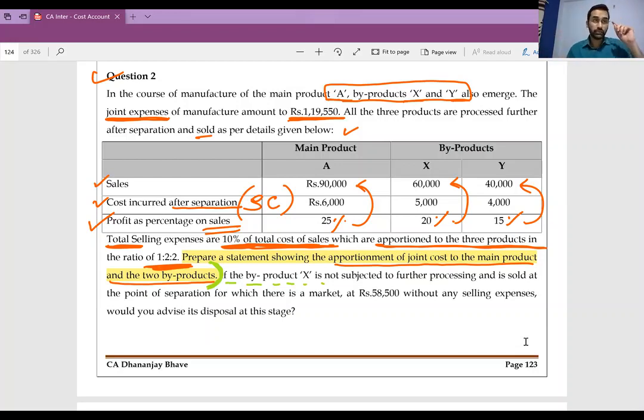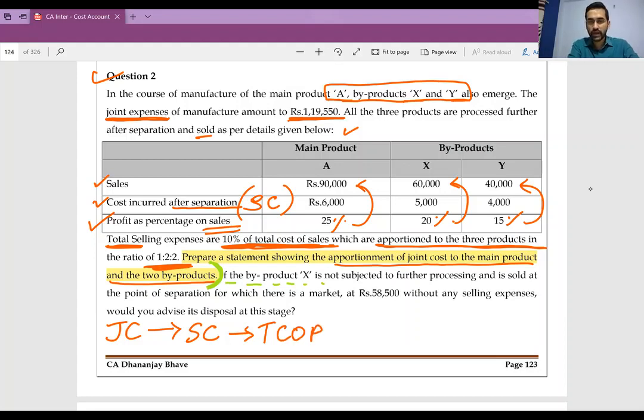Right. If you observe my explanation, I am going exactly in the opposite direction. Why am I saying opposite direction? Look at this. I'm writing it here. You will get to know why I said opposite direction. Tell me what happens first. Joint cost. I'm writing here. Please follow. What happens first? Joint activity. So you incur joint cost. After that, you will incur separate cost. Correct. So joint cost plus separate cost. This will give you total cost of production.